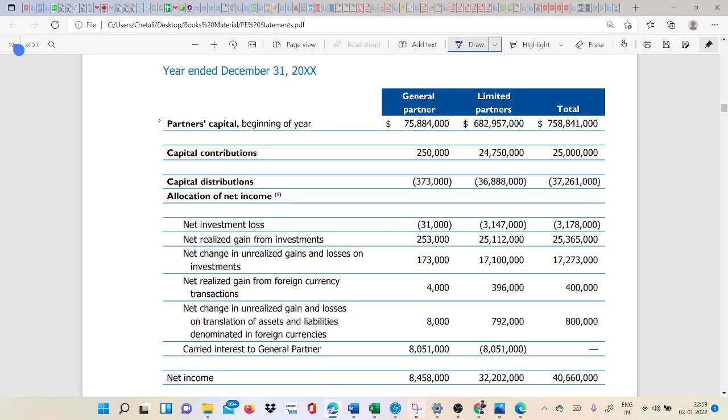This is the breakdown between the general partner and limited partner as per their contribution. So they have just allocated the heads: income, realized income, loss. If you see the net loss, it's been divided or split into two. This is the total one, and these are the split ones. Their capital, this is beginning, it means capital that we have allocated. Then capital contributions that we have allocated. Then the net income or losses, whatever we have, that we have allocated. That's two.